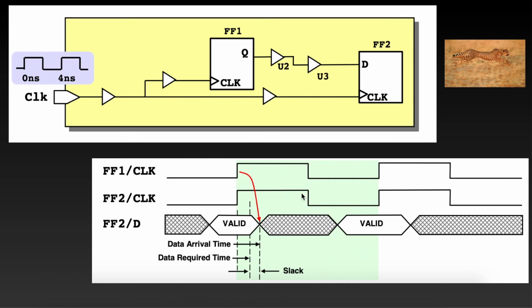Okay, now let's take a look at this timing diagram to understand more on this. As you can see here, the data which is launched at flip-flop 1 arrives after the data required time, so it is not corrupting our previous data. Please do note that the hold check is performed to check the validity of the previous data, whether it is reliably getting captured or not. As you can see here, our data is being held stable for more than the required time. So hence we have the positive slack here.